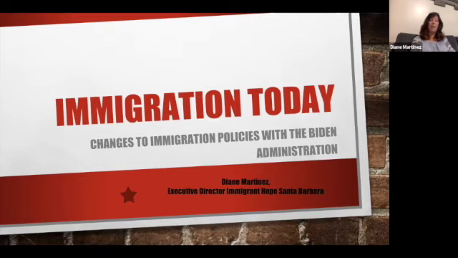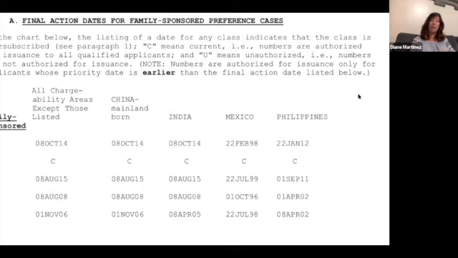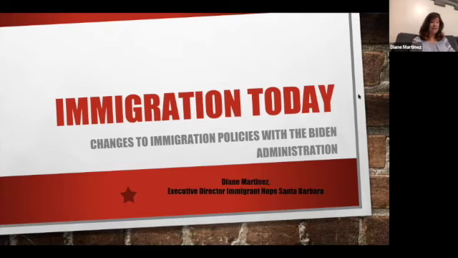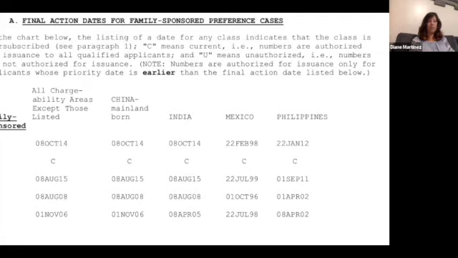Interesting enough, close to half of the unauthorized immigrants in the United States did not enter through border crossings, but actually arrived as US students, on work visas, or came as tourists into the United States. So they came into our country legally. You can change it, Juana, to the next.